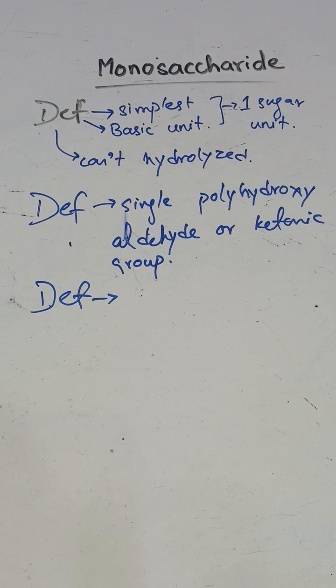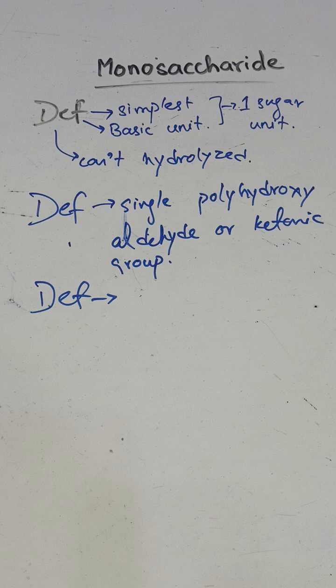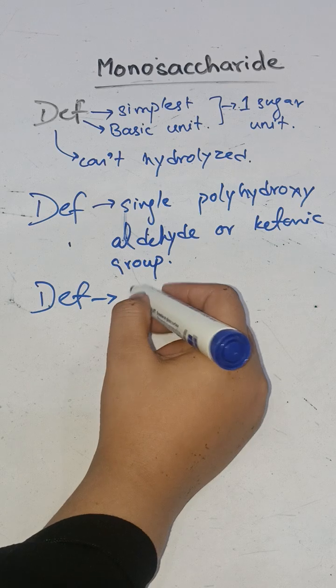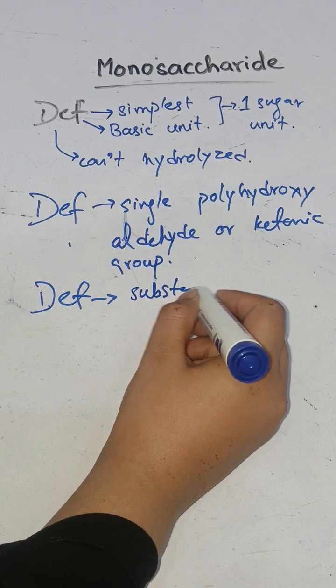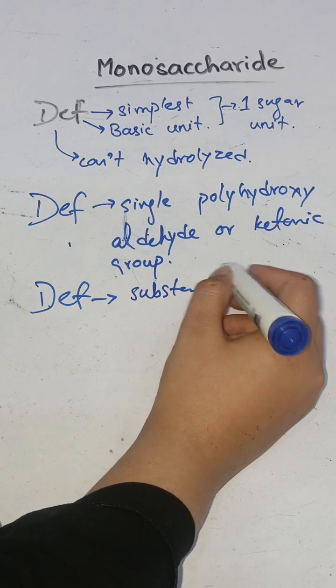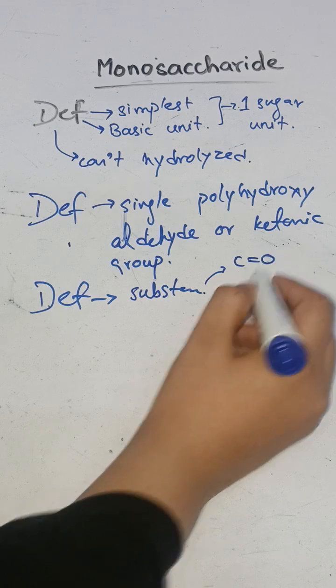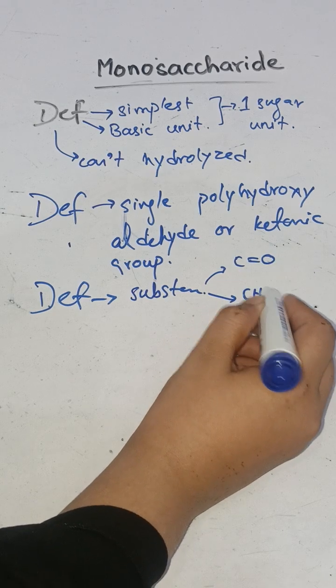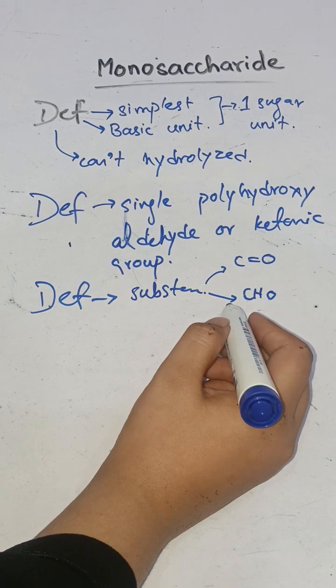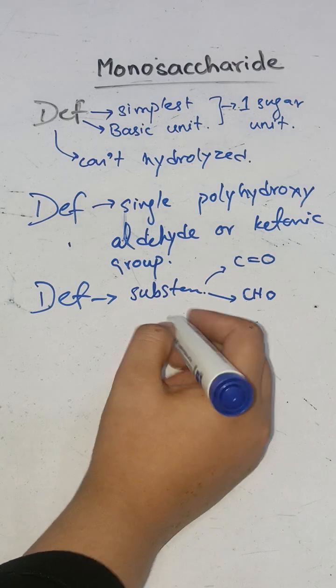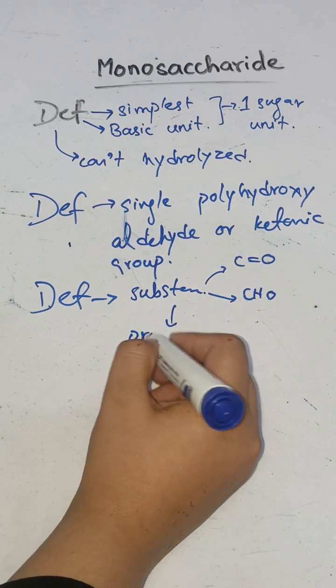The third definition is that monosaccharides are such kinds of substances that belong to the carbohydrate group. They are such substances that have an aldehydic or ketonic group. This is a ketonic group, this is the aldehydic group, and they are the product of